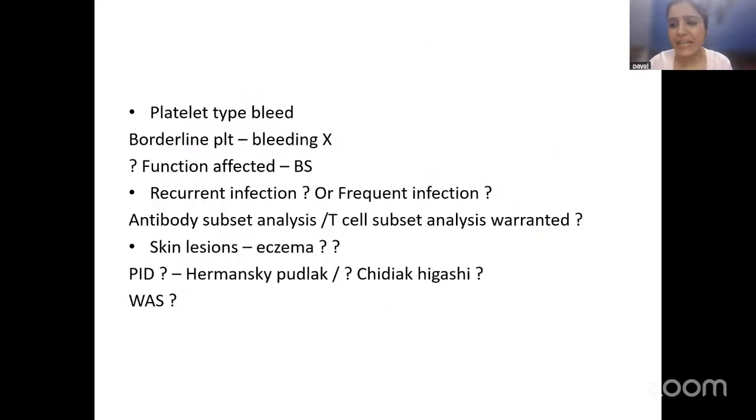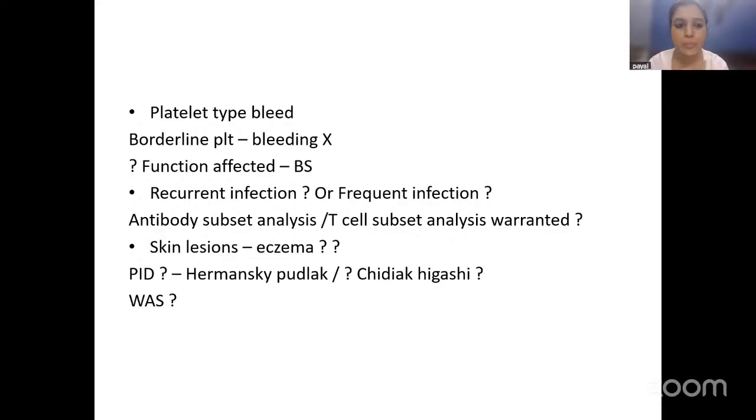Now, what kind of bleed is it? Likely a platelet kind of bleed. You don't have joint bleeds, right? The child is crawling, the child doesn't have joint bleeds. But platelet type of bleed with a platelet count of 80,000 is very, very uncommon, right? At 80,000, you're not going to have epistaxis, you're not going to have bruises. Mind you, when we saw it at RGCI, this child had a couple of bruises as well. So 80,000 should not cause that, right?